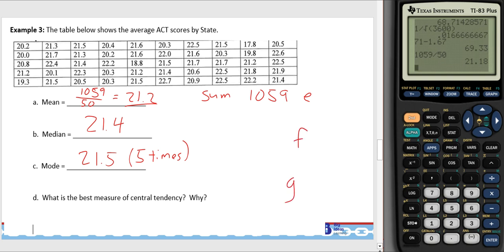And so what happens to our mean if this value accidentally is entered as 203? Well, all your other data is in the 19s, low 20s. So your 1059, if we subtracted out the 20.3, right, and then added 203, that would give us our new